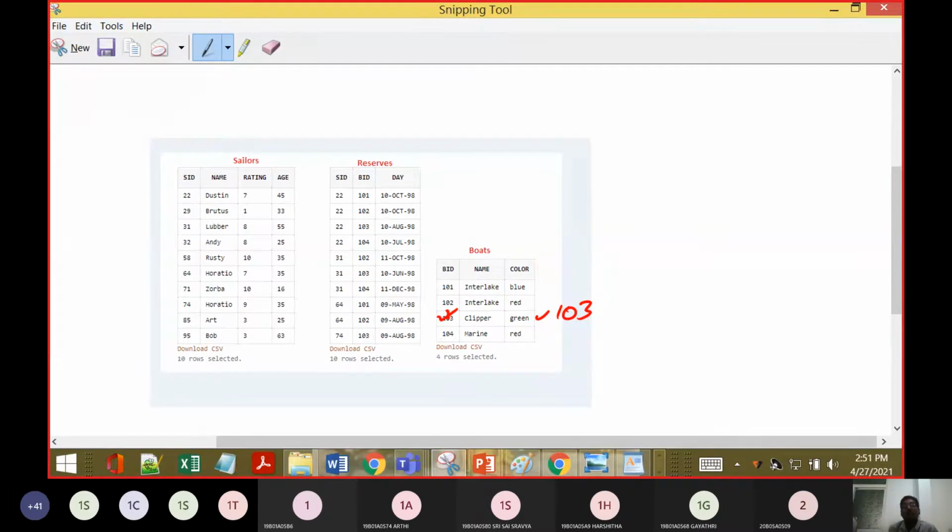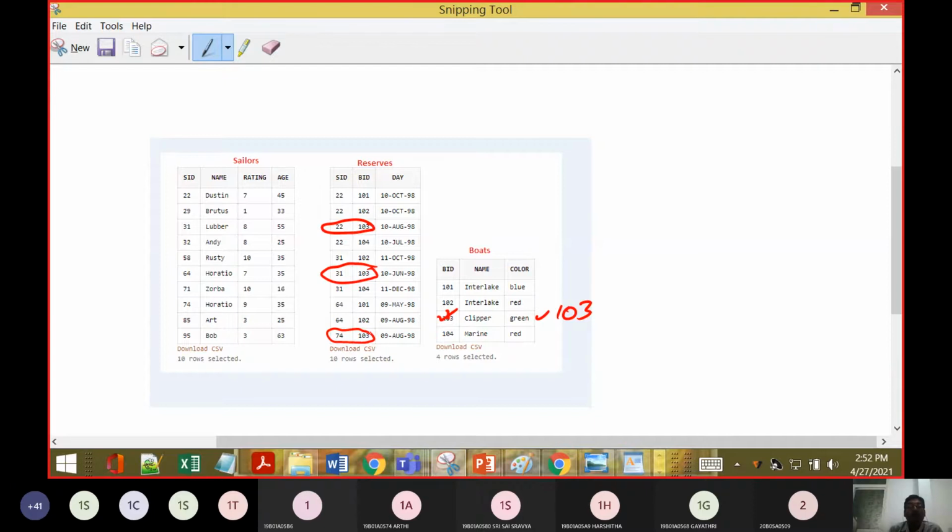Next, the persons who have reserved boat number 103. You can see 22 has reserved 103, 31 has reserved 103, and 74 has reserved boat number 103.